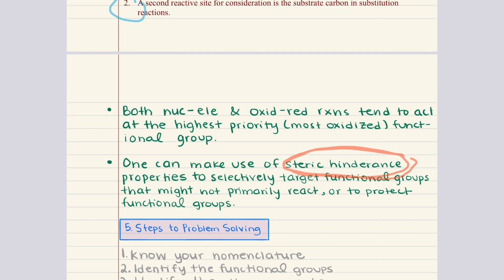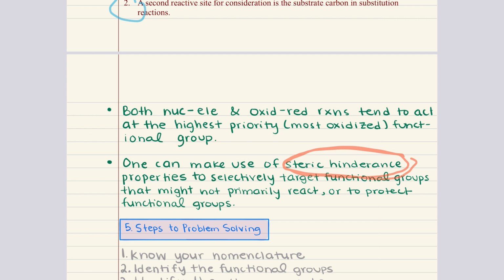Steric hindrance refers to the physical crowding of bulky groups around a functional site, which can either slow down or prevent a reaction from occurring. This property can be used to selectively target certain functional groups while avoiding reactivity at others. Additionally, steric hindrance is useful for protecting functional groups that might otherwise react in an undesirable way during a reaction